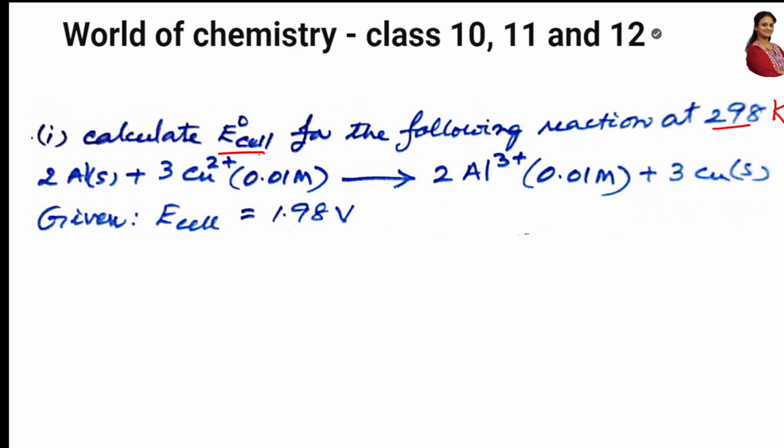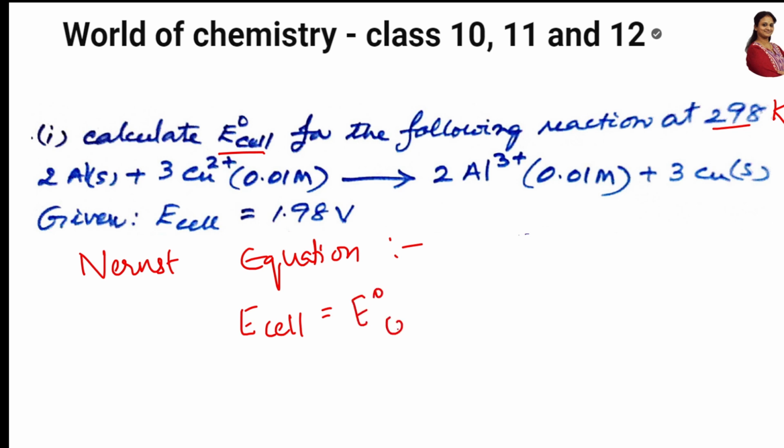Which equation talks about E naught cell, E cell, and everything? Nernst equation. Yes, you said it right. So first, we will write the Nernst equation. After writing it, I'll be getting at least 1 mark for this. So what is the Nernst equation? Nernst equation is E cell is equal to E naught cell minus